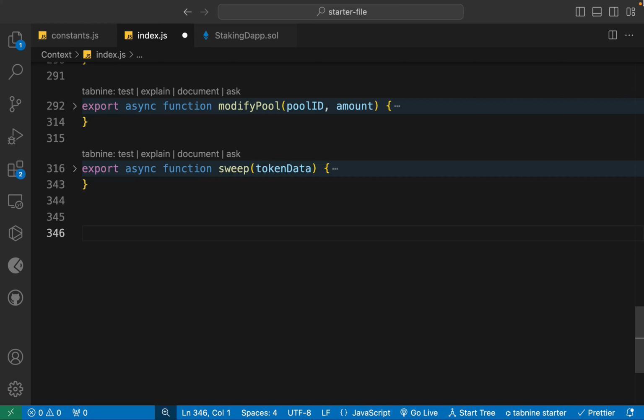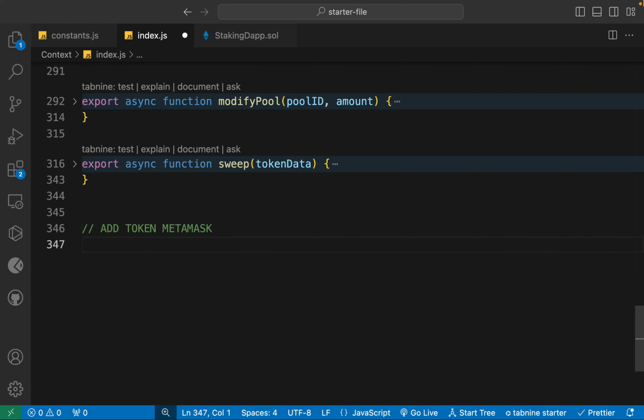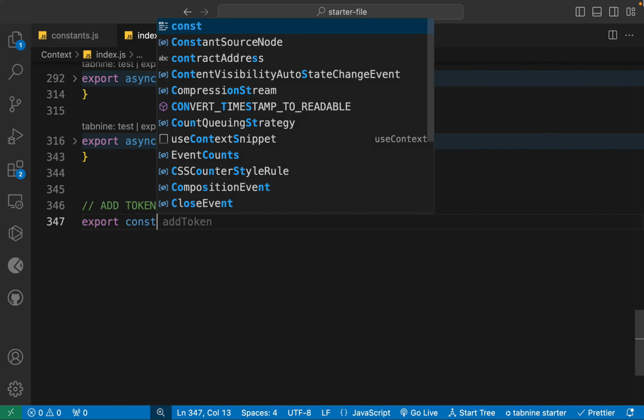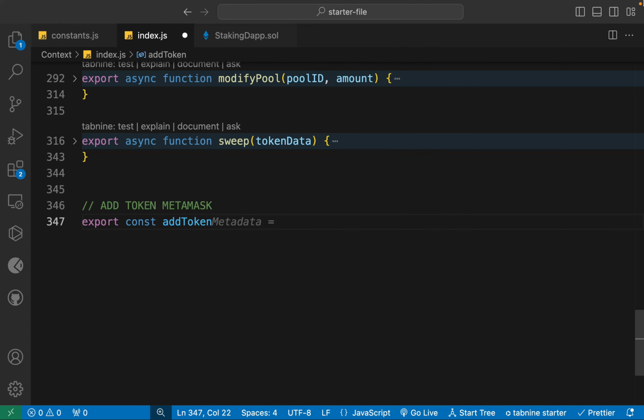So we have completed all the functions from our staking DApp contract. Now we have to write the functions for the token ICO contract. But before we start writing for our token ICO contract, let's build this function which allows the user to add the token in MetaMask. So it's going to be add token MetaMask. Let's call this export const addTokenMetaMask. It's going to be async. It's going to take the token,